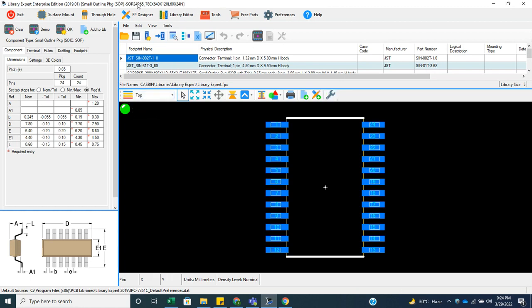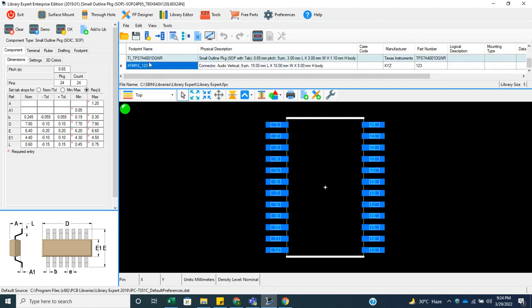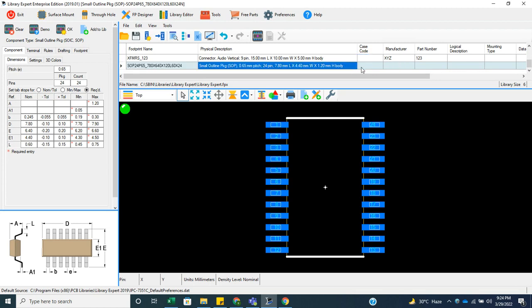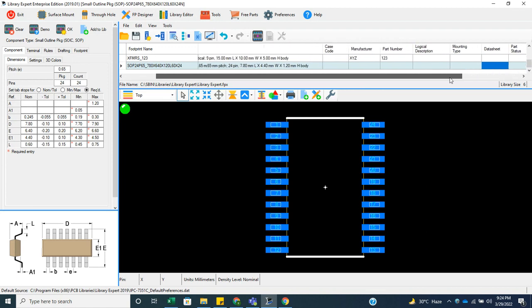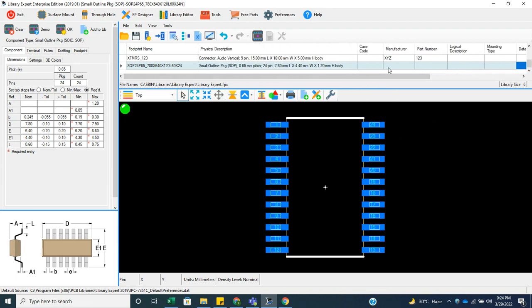When you create a PCB footprint, after that you need to add this footprint into your library. I'm just adding it. After adding it to the library, you can see that multiple options are there which still need to be filled, like case code, manufacturer, part number, logical description, mounting type, and datasheet and all. So you can fill in all these details, and after that just click here, add